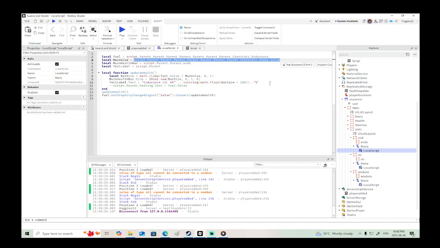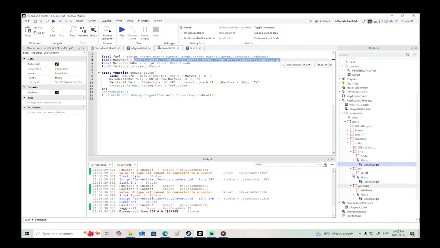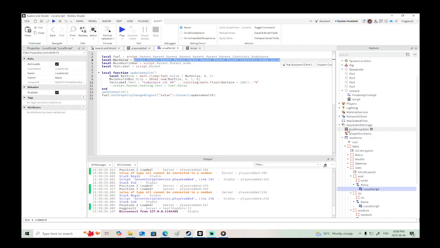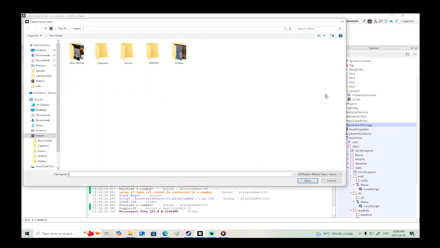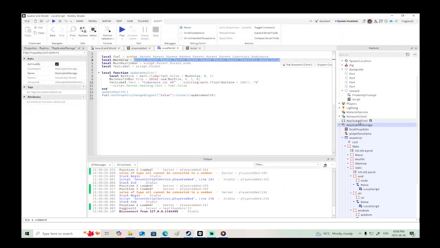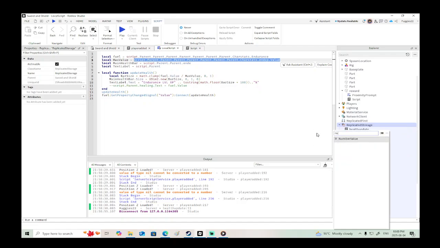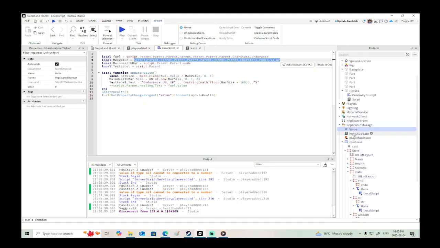Each level needs to have a maximum value. We could probably store those values in the replicated storage on the server. I don't see an issue with that. So we could insert an object, right click, insert object. This can be a number value, and we could call this, oh no, because it's gonna,